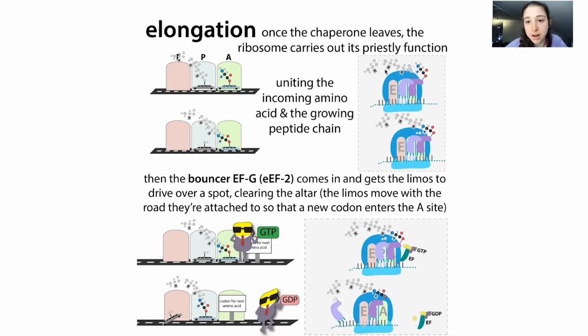But the basic idea is that now you're going to have your chain added to the newly arrived amino acid. And so now you might see a problem. Everything's in the A site, and we talked about how we want the growing chain in the P site, remember? And we need to open up this A site so a new tRNA can come. So when you have this added on, we're going to need to shift things over to the P site, not just because we need to open up the A site, and not just because the P site is where we say things should be, but because it's going to be really awkward having it in this state where you have this bound, but in the A site,